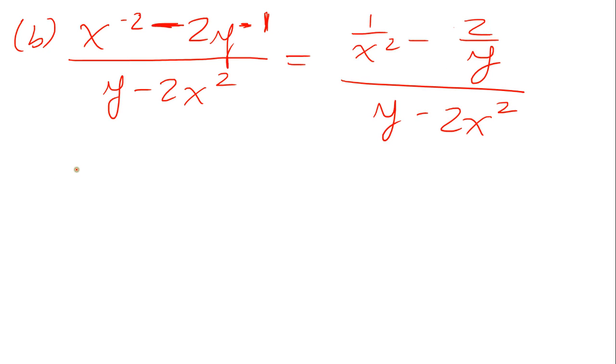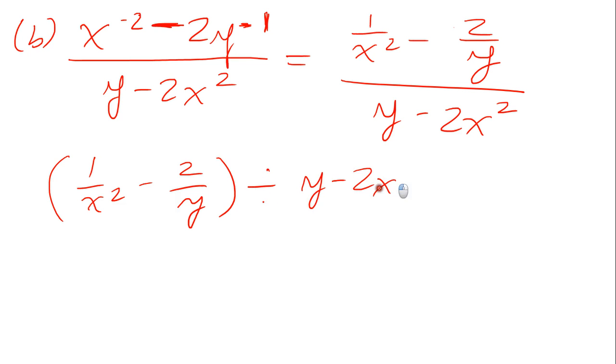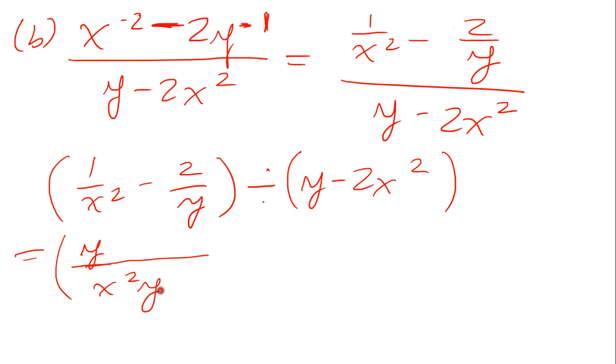And that's what we've been doing. We have 1 over x squared minus 2 over y. So that is y over x squared y minus 2x squared. And that's going to be times